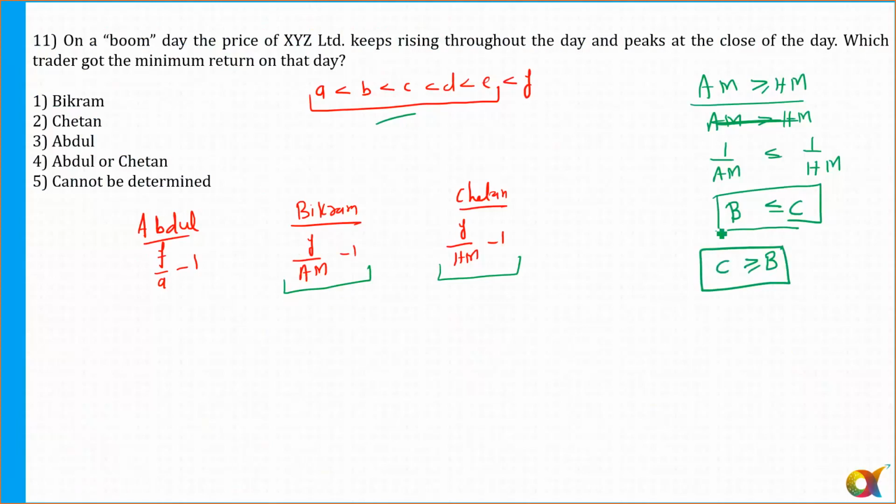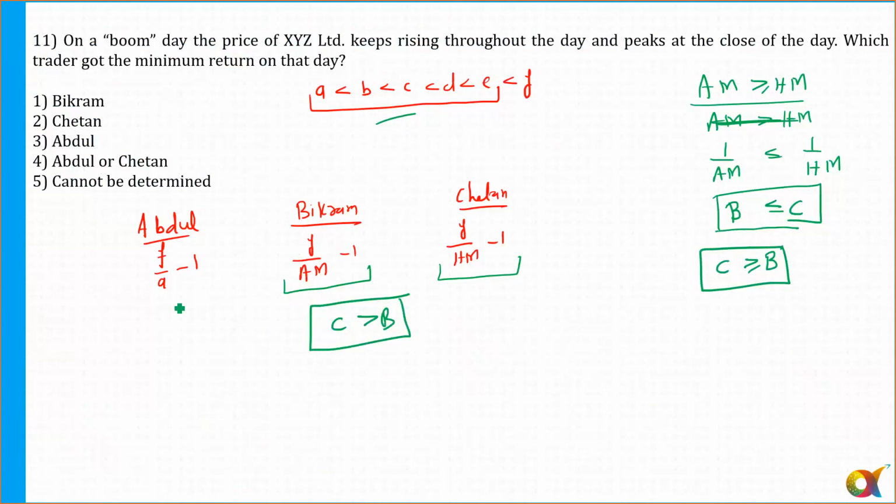Please respond, everyone. Okay. Now, if this part is clear, for this question, since A, B, C, D, A, they are not equal. So for this question, I can say C is definitely greater than B. It can't be equal. It has to be greater than B, because the equality sign will occur only when all the terms are equal. Okay. So C is greater than B.